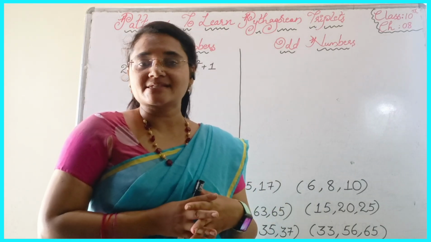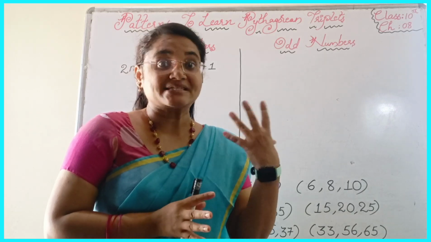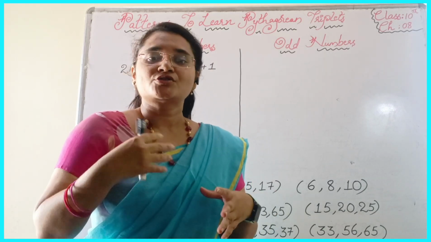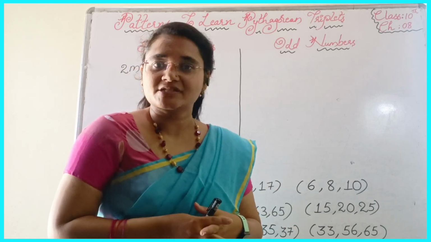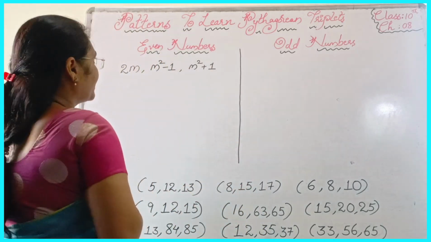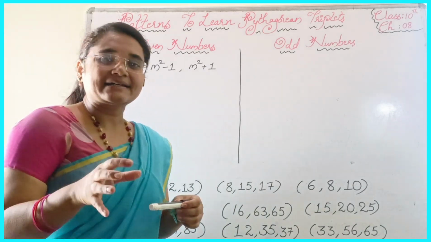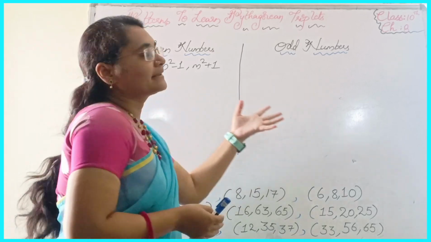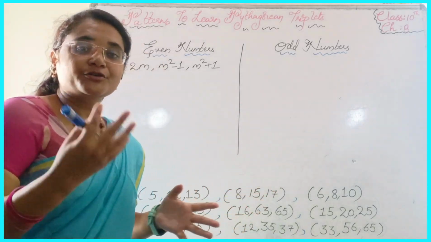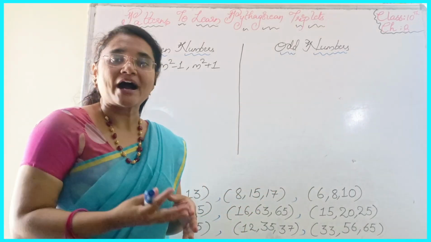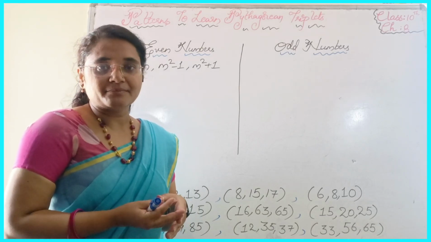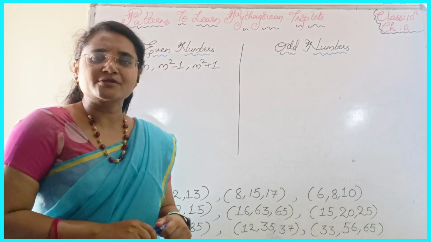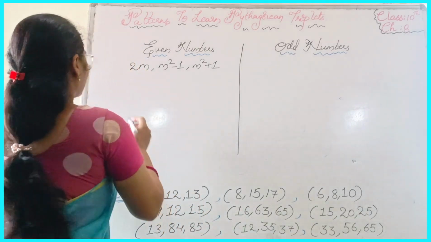Yesterday we learned in exercise 8.1, the first problem, how to find the missing value. So if you know Pythagorean triplets, it will be easy for you to solve the problems within a fraction of seconds. Now let's move on to the topic. Numbers are categorized in two categories, that is even number and another is odd number. So now we are going to learn the pattern to find the Pythagorean triplet measurements when one number is given as an even number. Let's take an example so that you will have a clear idea, students.